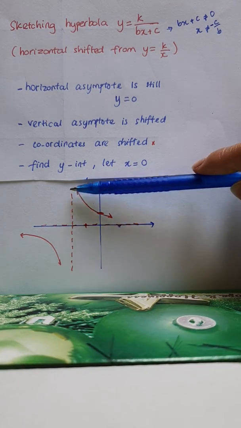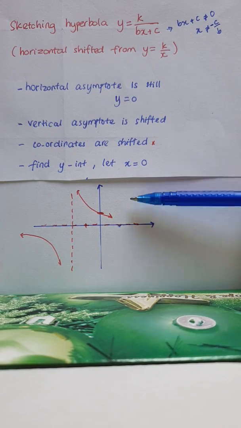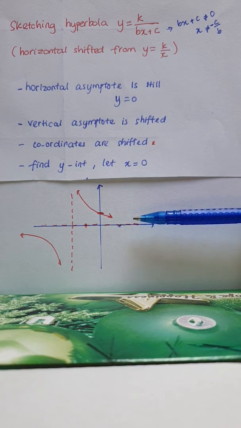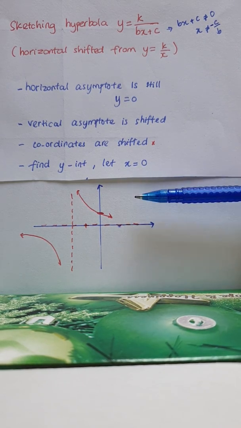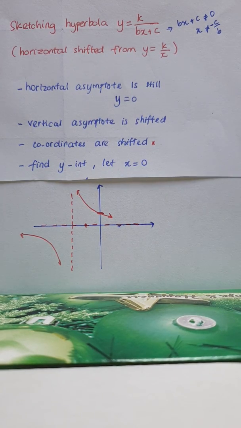Let's say it's shifted to the left. If it's a negative value, it shifts left; if it's a positive value, the new asymptote will be on this side. So the only difference is that the original function was shifted, in this case, for example, to the left, and that's it. Okay. So to quickly sketch this